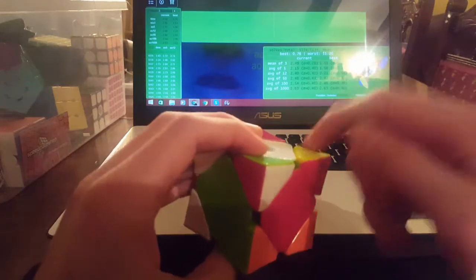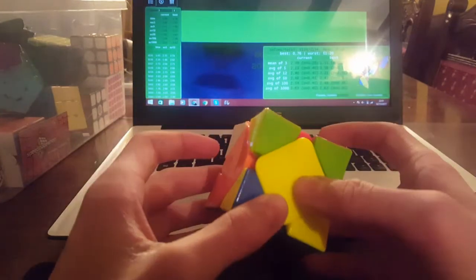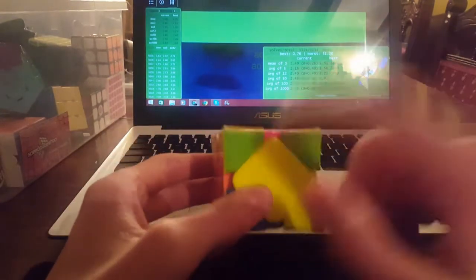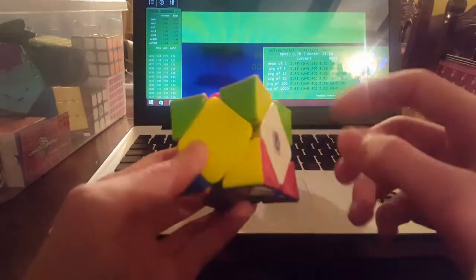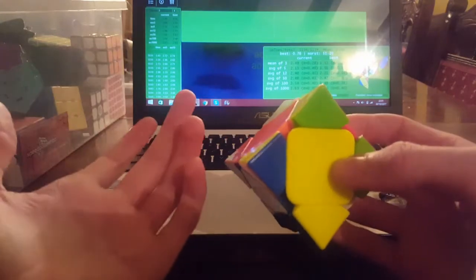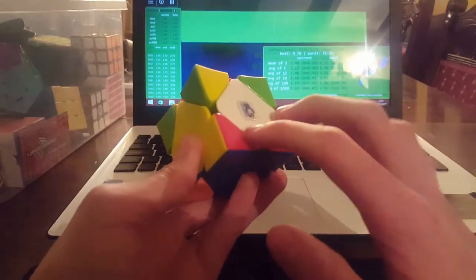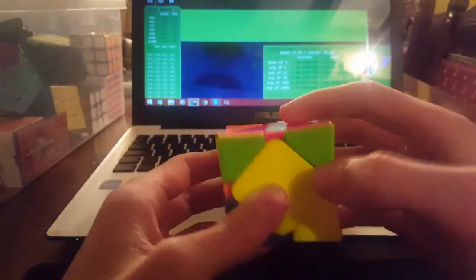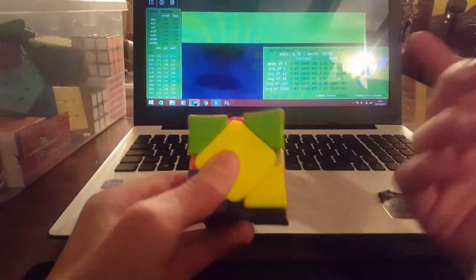And if you have one there and one there, you know that you'll have a green center there, green corner there, and a green corner there. So now I just need to check exactly what case it is. This is actually a really nice one. It's just going to be sledge, hedge. And the way I know that is because this one moves down to here, and these two swap, meaning that these will both be adjacent pieces, which means that there'll only be one solve center. And when you have one solve center and this big block at the back, you know you can solve it with the sledge at first, then you'll get